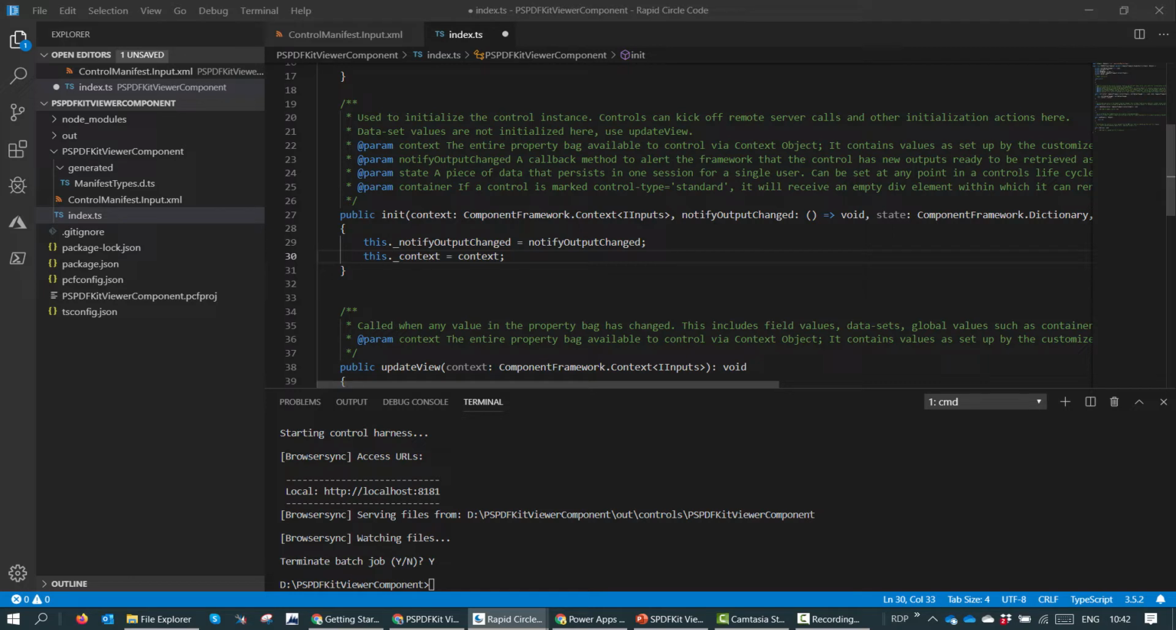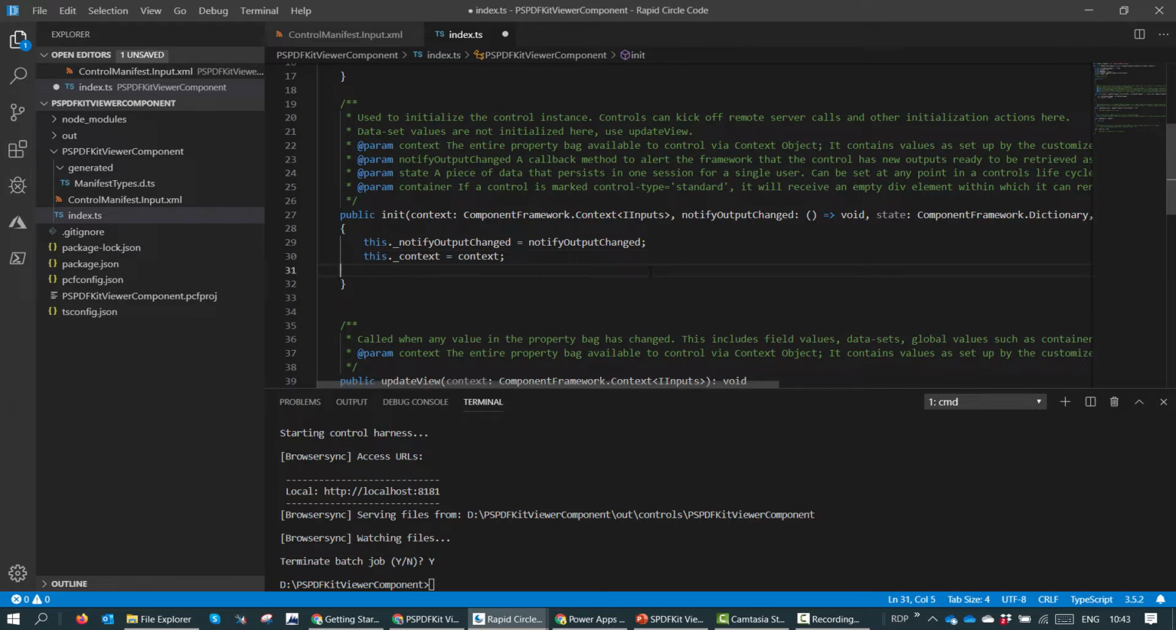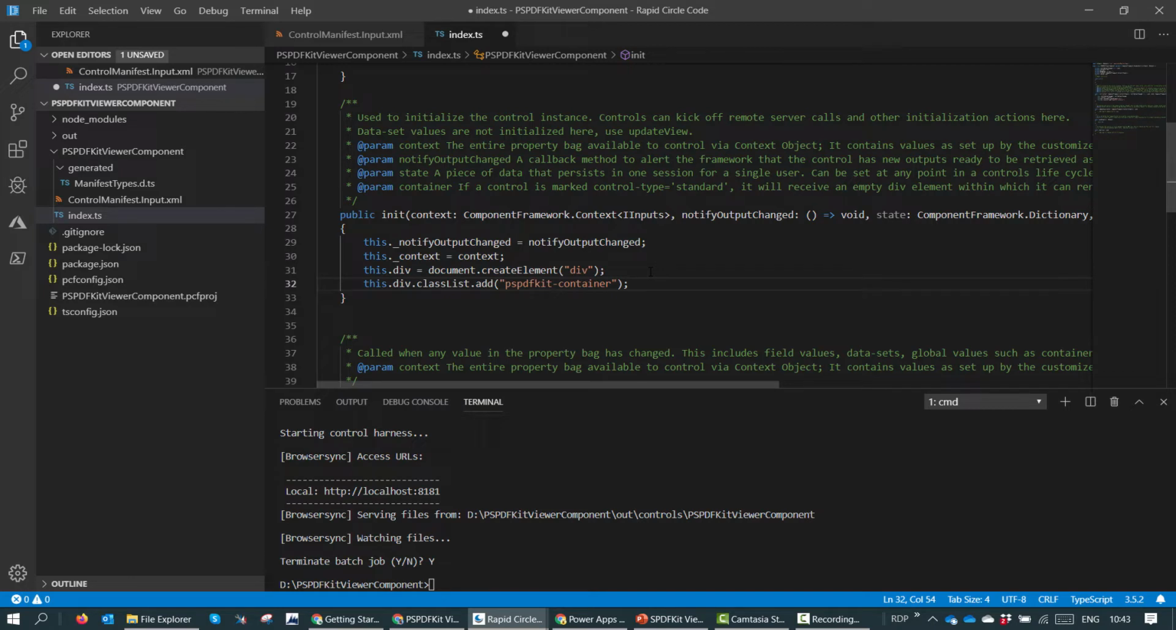Now that we have the 2 variables which can help us get the data and notify if the output has changed, the next thing would be to go ahead and initialize a div element such that we can pin a PSPDFKit Viewer in the project. Once that is done, I need to define the width and the height. Now when I say that,